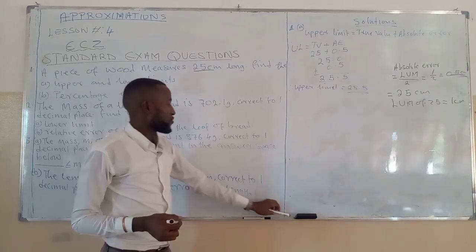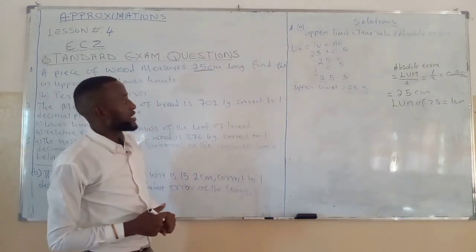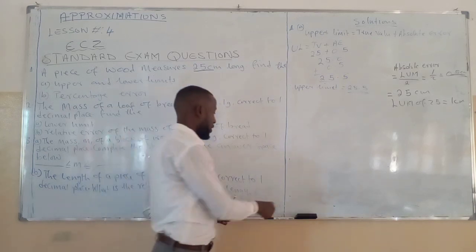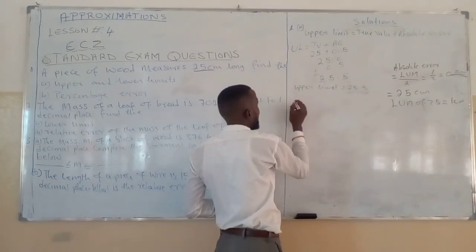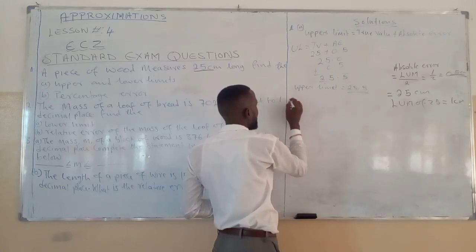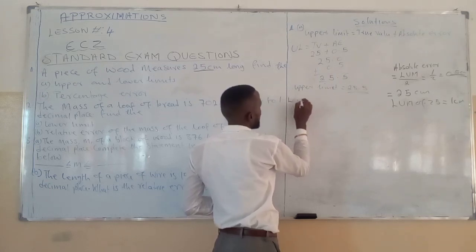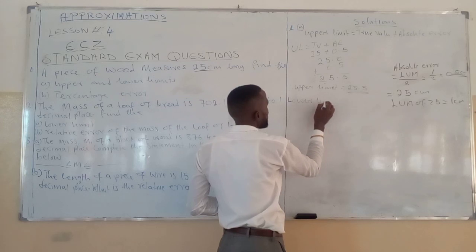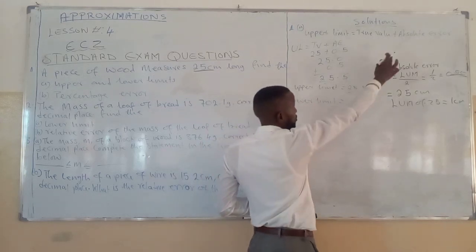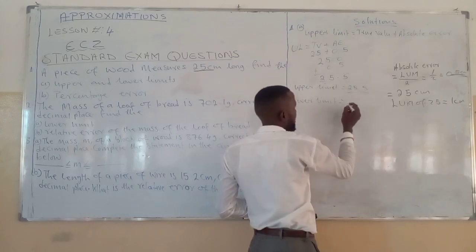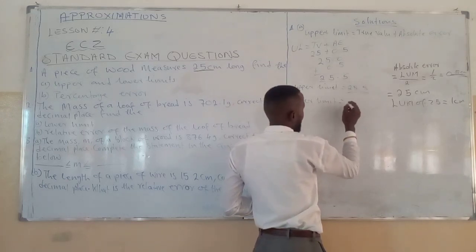Now let us move on to find the lower limit. How do I find the lower limit? So, of course, we are still in A. Now let us see lower limit. Okay, lower limit, the formula. The formula is simply the opposite of that one. Instead of adding, you are subtracting. So we say the true value,